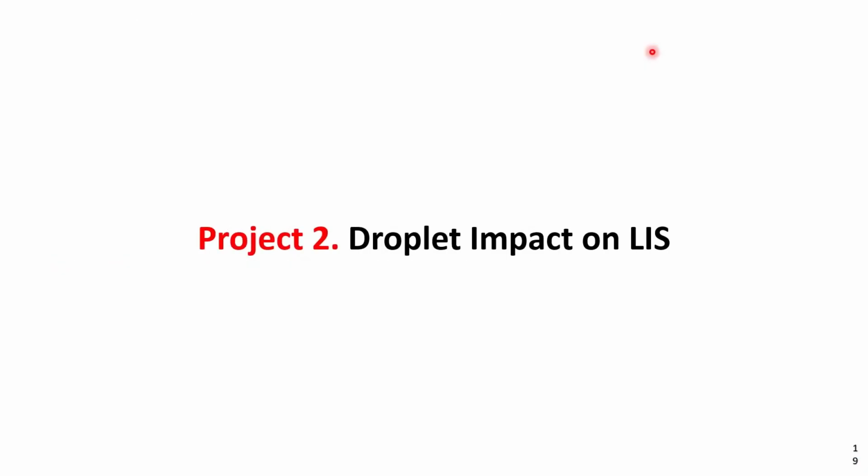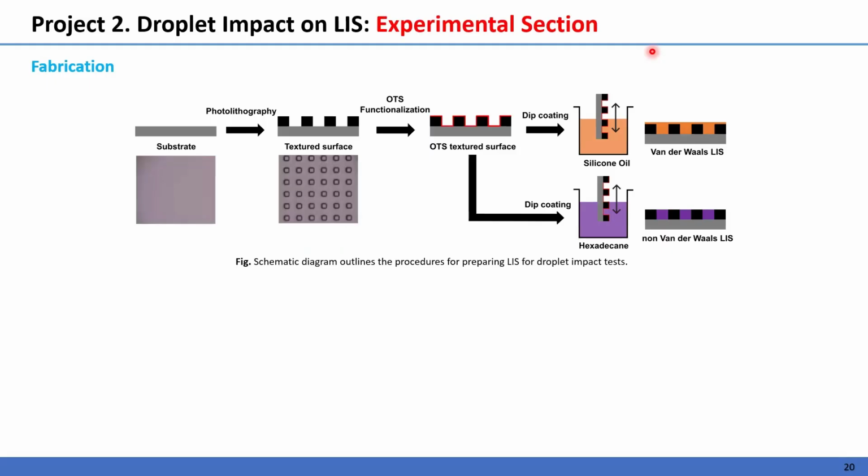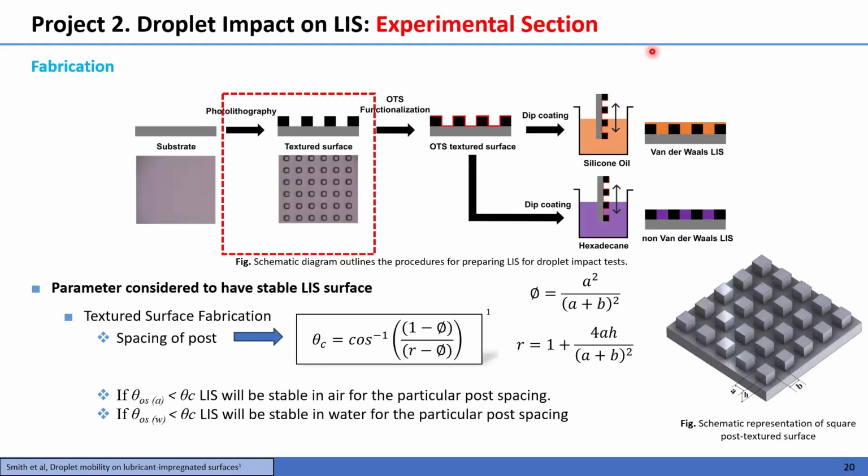Project 2, droplet impact on LIS. First, the figure shows a schematic outline to prepare the LIS. Firstly, the fabrication of the textured surface was done using photolithography. Second, the selection of the post spacing was done by calculating the